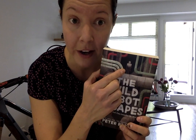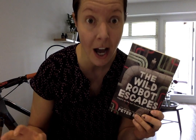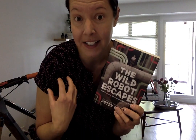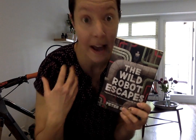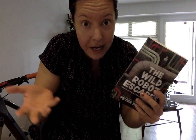If you can see up here, that's Roz. Roz is a robot who found herself washed up on shore in a crate amongst a number of other robots and robot parts. She was intact after her ship that she was being transported on had an accident. And basically, she emerges from this crate and gets powered up and finds herself having to explore this new world